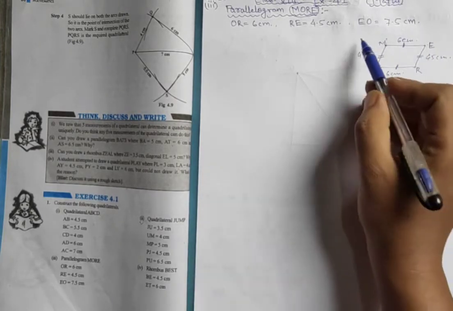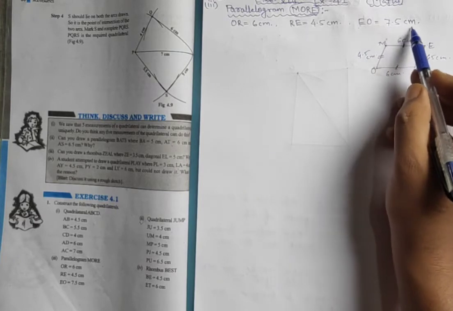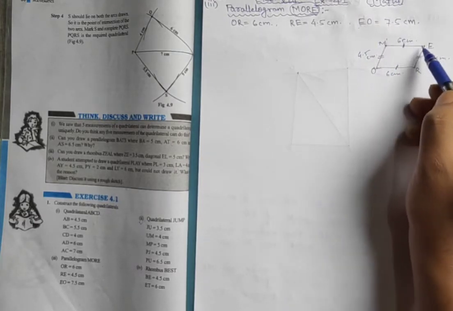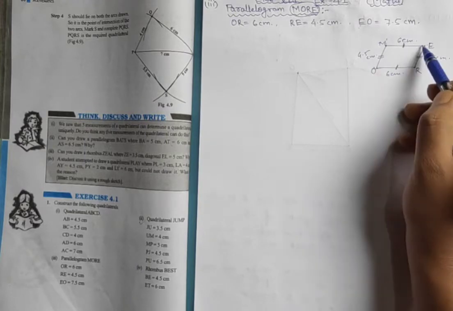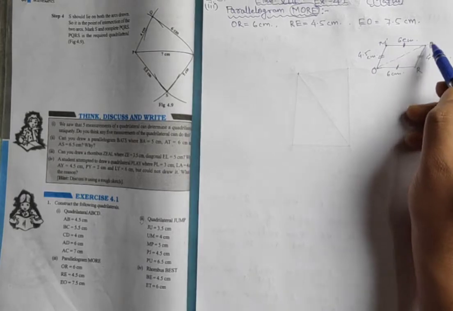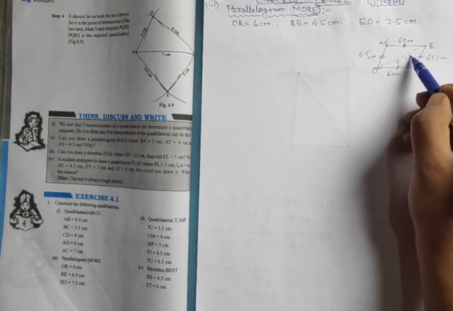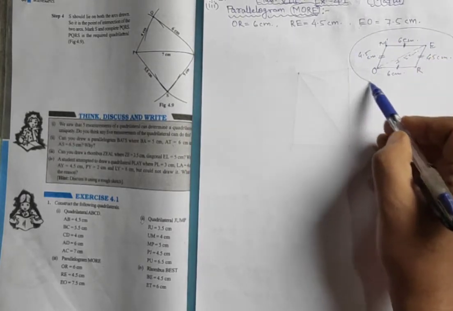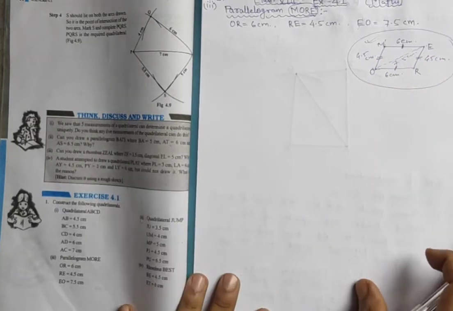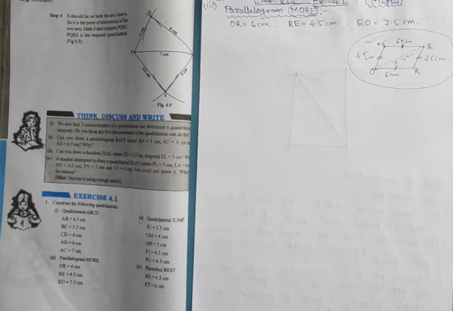And one more thing is given there, EO equal to 7.5 centimeter. So where is EO? There. That means the diagonal of this parallelogram. So the diagonal of this parallelogram is 7.5 centimeter. So we have to construct a parallelogram on the basis of this rough sketch. Okay. So first of all, we have to